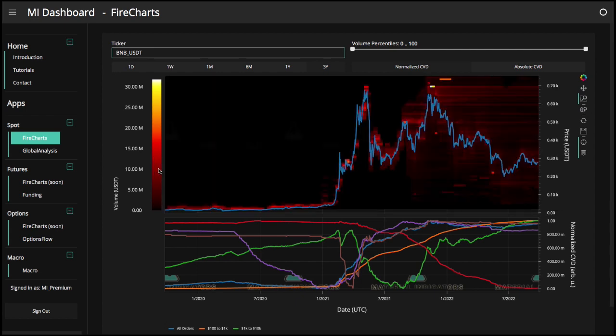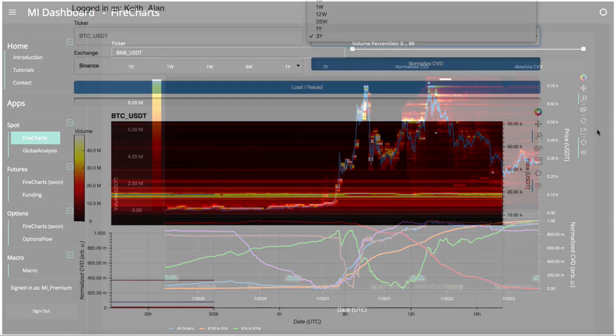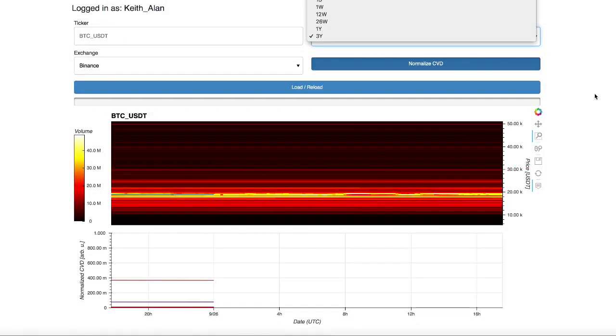We can get into that in another video on a comparison. But I just wanted you guys to see that you can actually use the longer, higher time frame charts to see deeper into the order book on